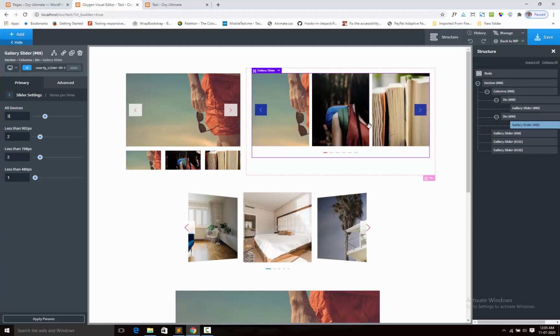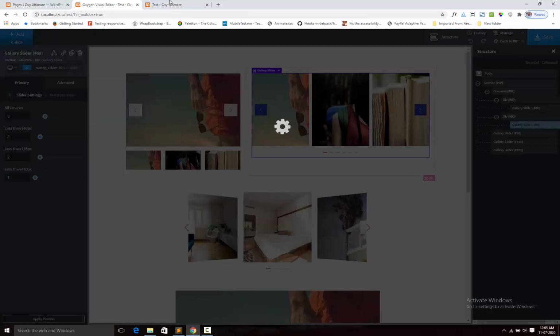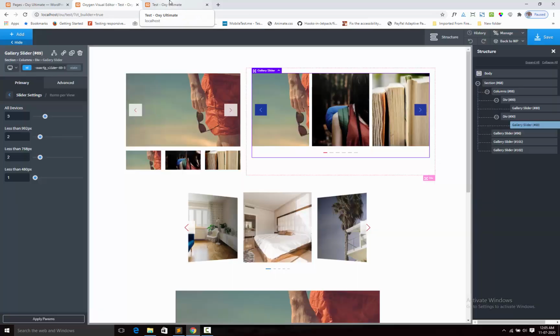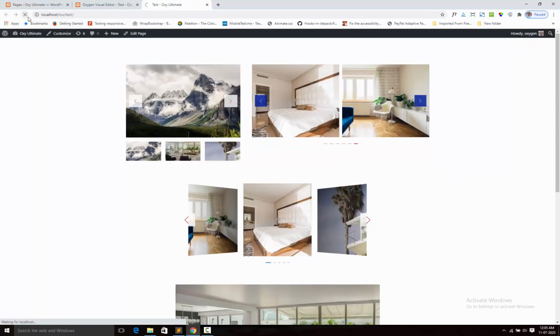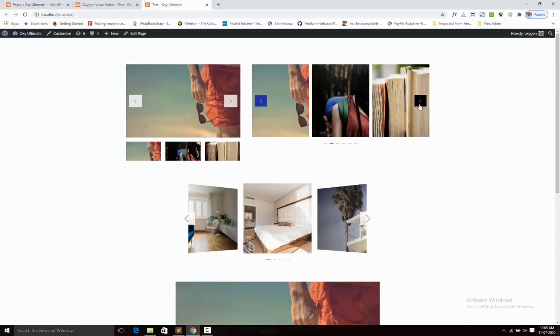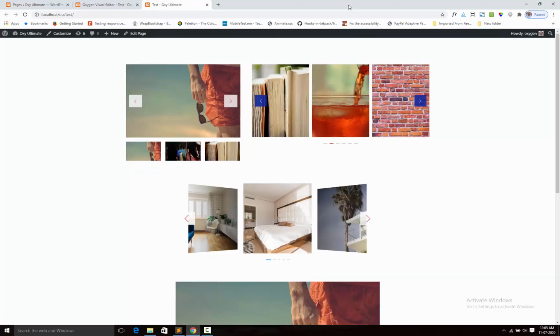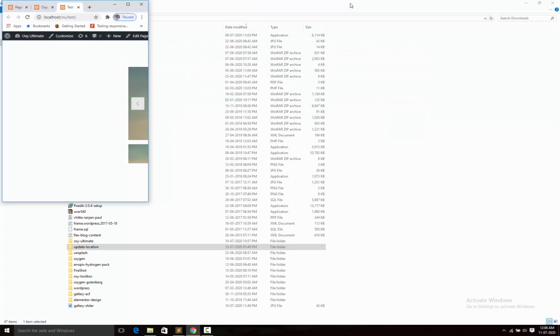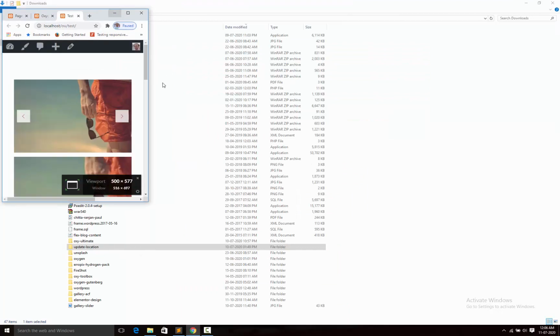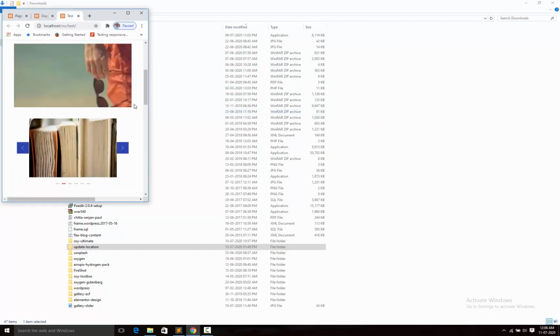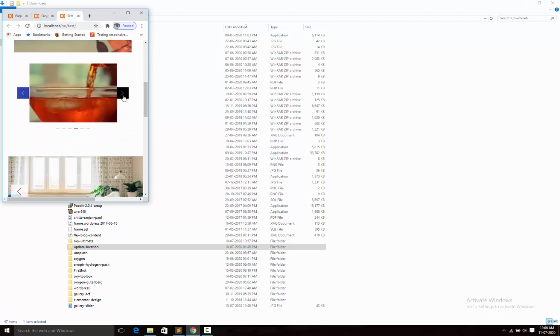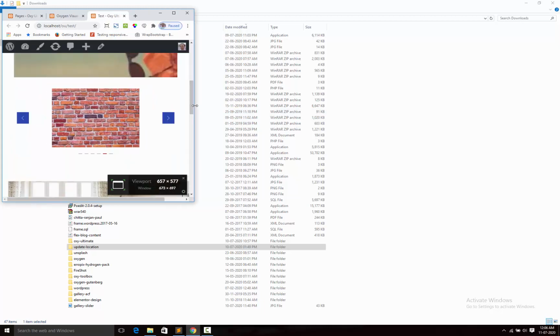You can see that it is showing the 3 columns for desktop. Now I am changing the width. You can see that it is showing the 1. Next adjust the width.